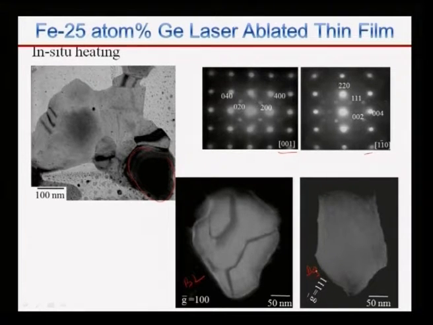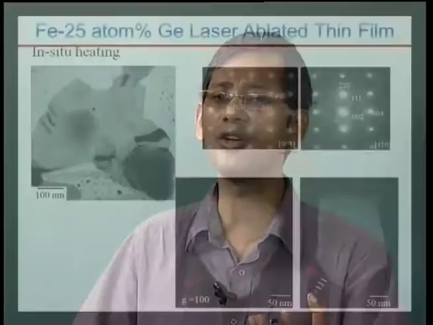Now first of all, that means when you heat treat it, we crystallize as BCC iron. BCC is actually a solution of germanium in iron, and that gets ordered later on to form B2, and further ordering leads to the DO3 structure. So your nucleating phase is basically the BCC solution of iron. Why does it happen? Does the thin film have the presence of these clusters which I have been indicating to you?